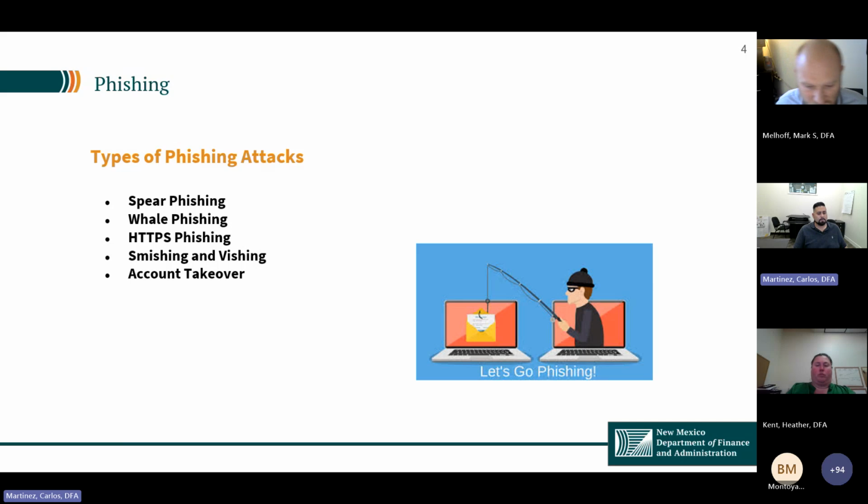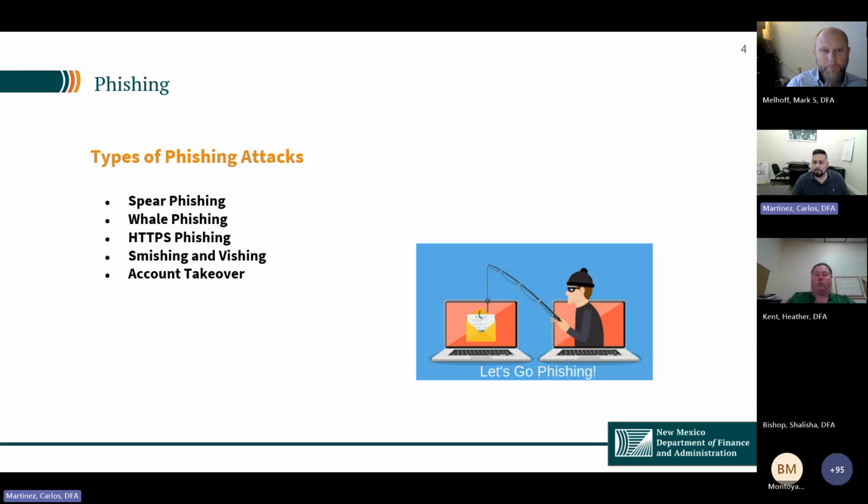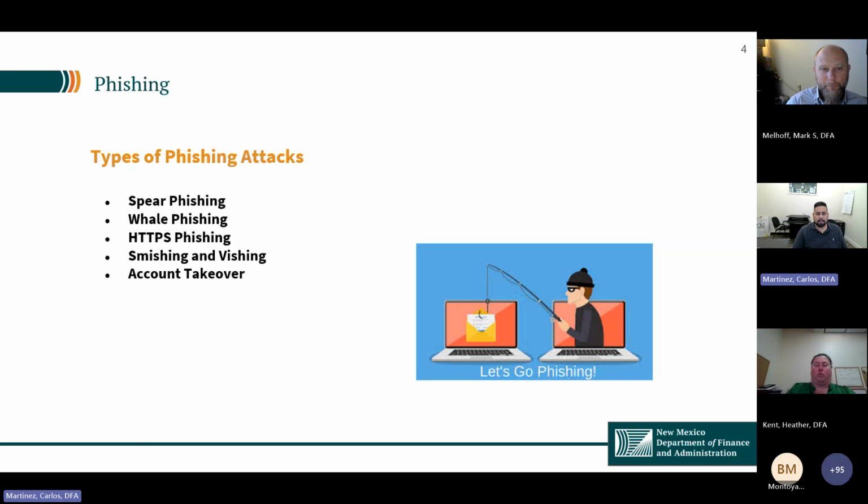Typically, they're trying to go after a particular person that has specific information that the attacker wants to get. Another attack is a whale phishing attack. You typically see these with people that have elevated access, or sometimes executive staff, where they want to expose information and gather access to specific accounts.